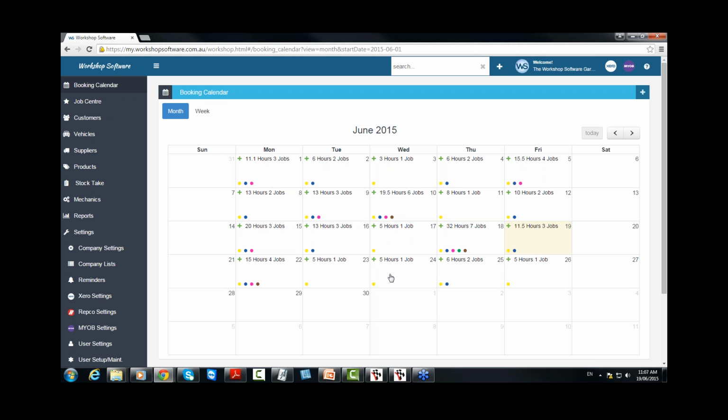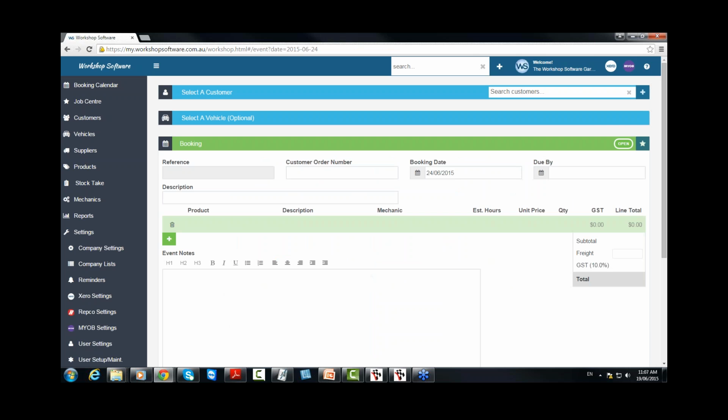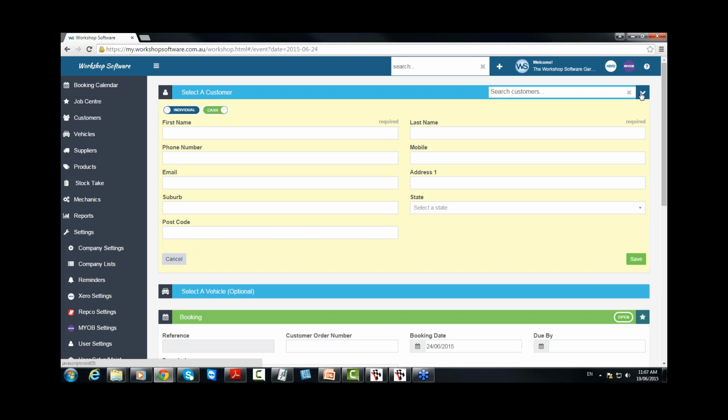So I simply just double click on that day, or I can click this little plus symbol next to the 5. And if you hover over that long enough, you can see that it's telling me that to click that symbol, I can create a booking. So I'm going to do that. Click on that. Now, if the customer is already in your database, all you need to do is search the particular customer there. If they're not, click this plus symbol on the right-hand side